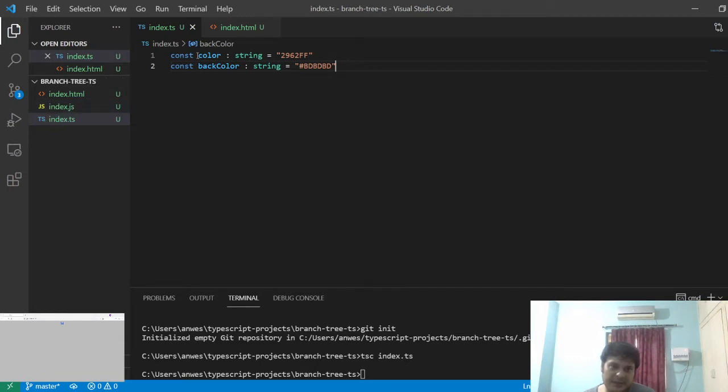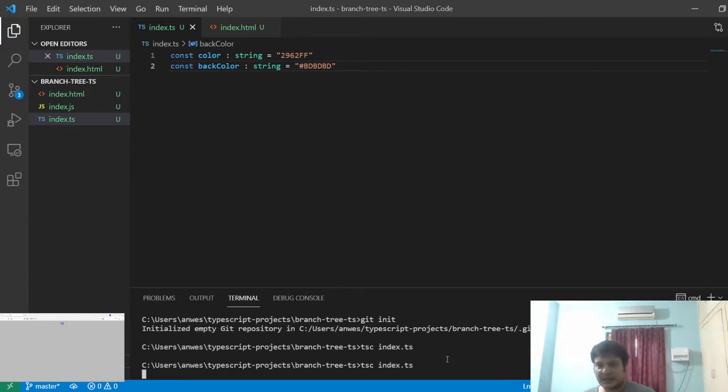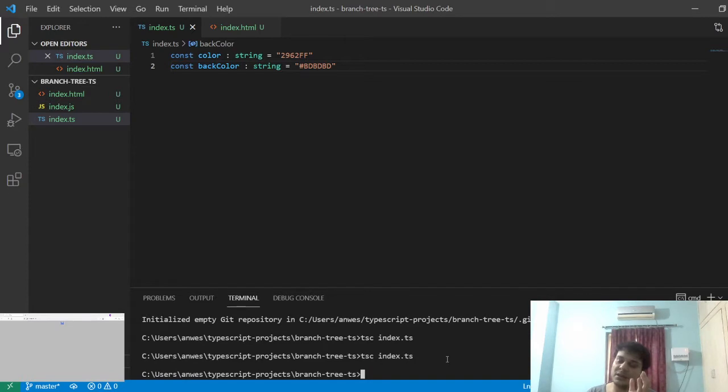The main file will be index.ts, where we'll write the code in TypeScript, and we'll compile it with the command tsc index.ts. tsc is a command line tool provided through the npm repository, with which we can convert any ts file to a js file, because the browser understands JavaScript, not TypeScript.